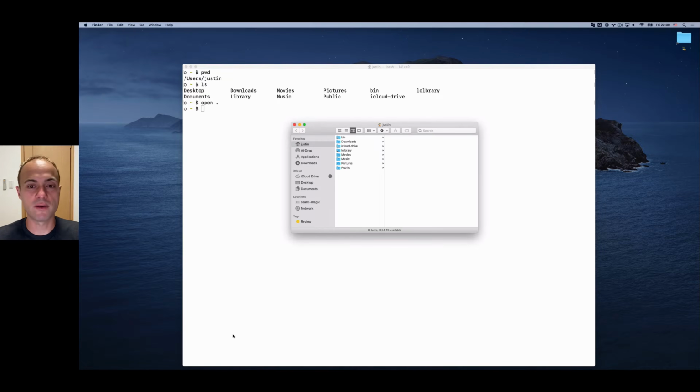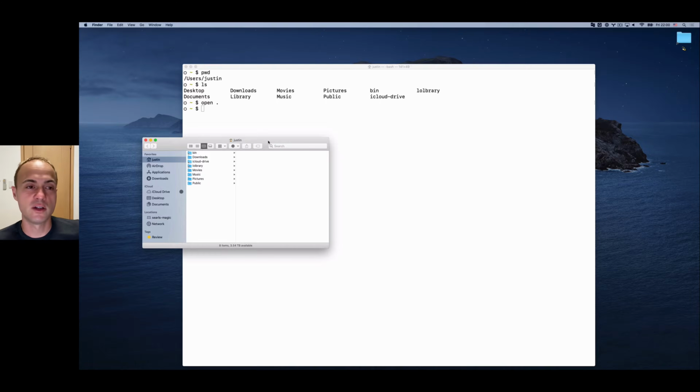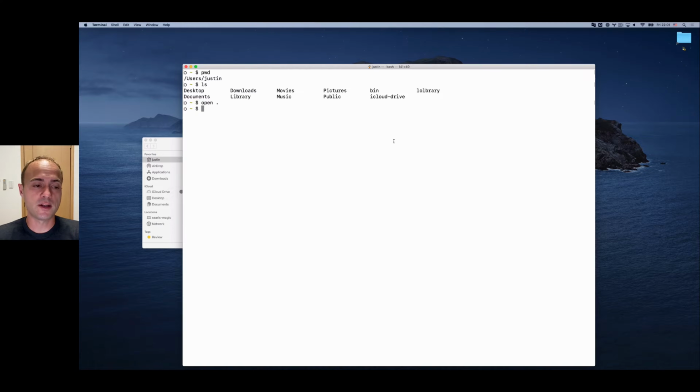I can open up Finder and inspect it. This is typically the way I interact with Finder, as I'm usually in my terminal, and I'll just type open dot to open the current directory in Finder, so I can kind of look around. I'm a very visual fellow. Okay, so iCloud Drive, got all my iCloud Drive stuff there. Great. Next up,